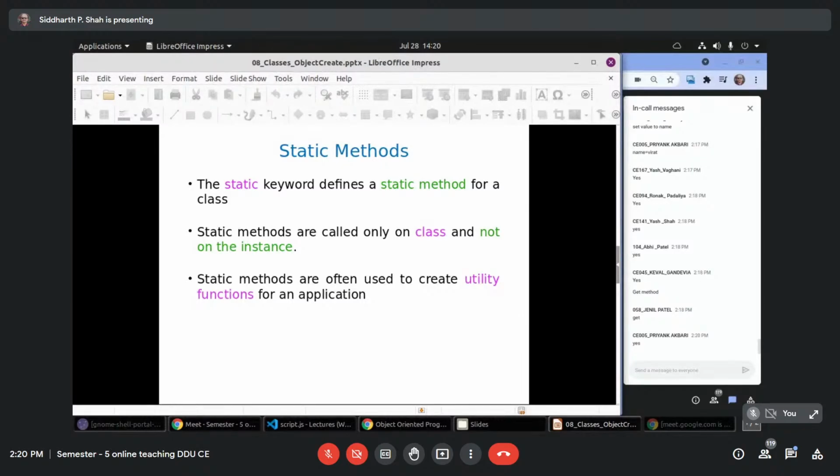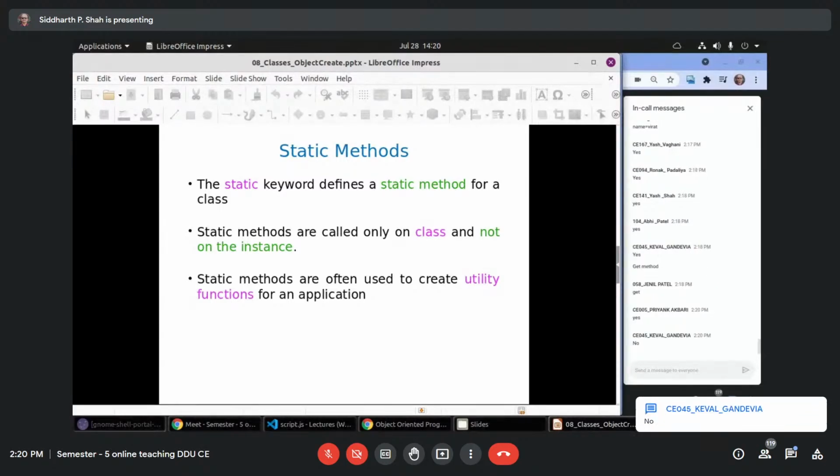I don't know about C++, but in Java, can we call a static method on an instance also? What is the case in Java? You can't call a static method?